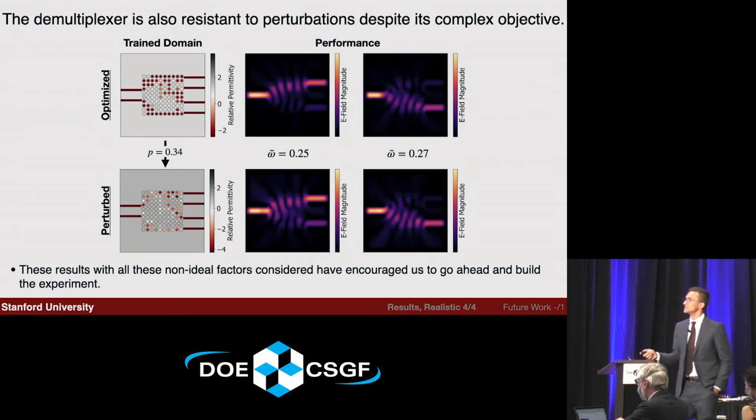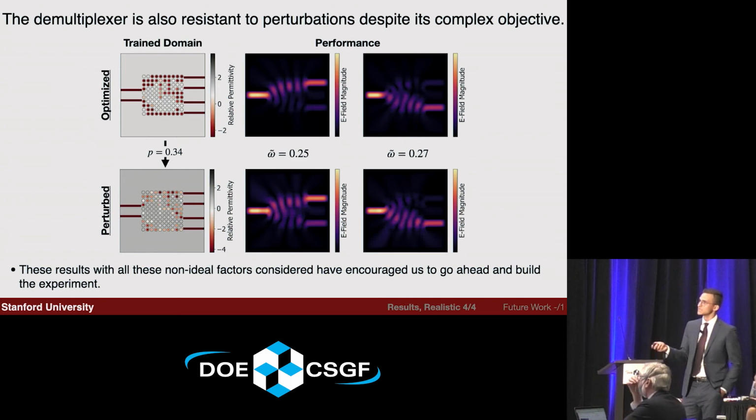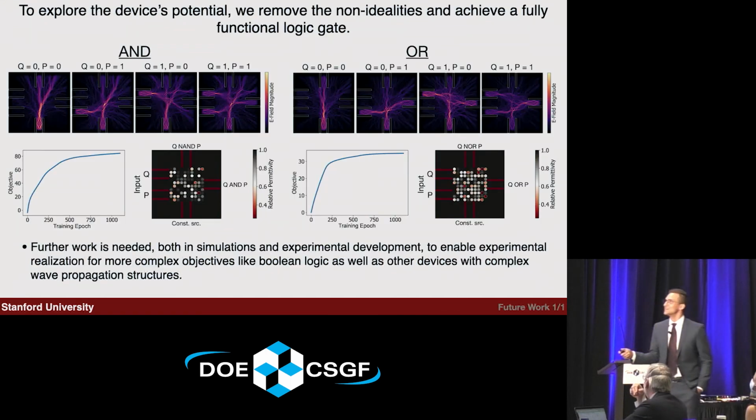But one thing that's interesting to look at for the future is, what's the limit of what this type of configuration can achieve. So we went ahead and removed all these non-ideal factors, with the same 10 by 10 array. We allow the plasma to be fairly dense. We operate at a higher frequency, and we were able to achieve a fully functional logic gate with this configuration,